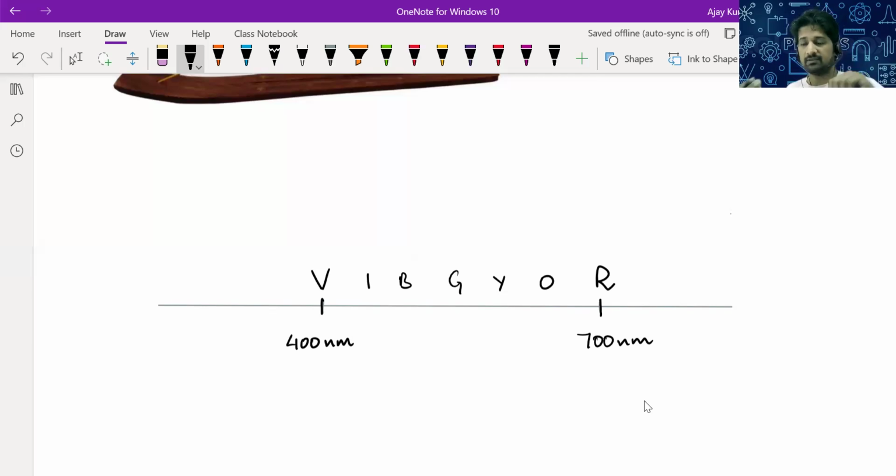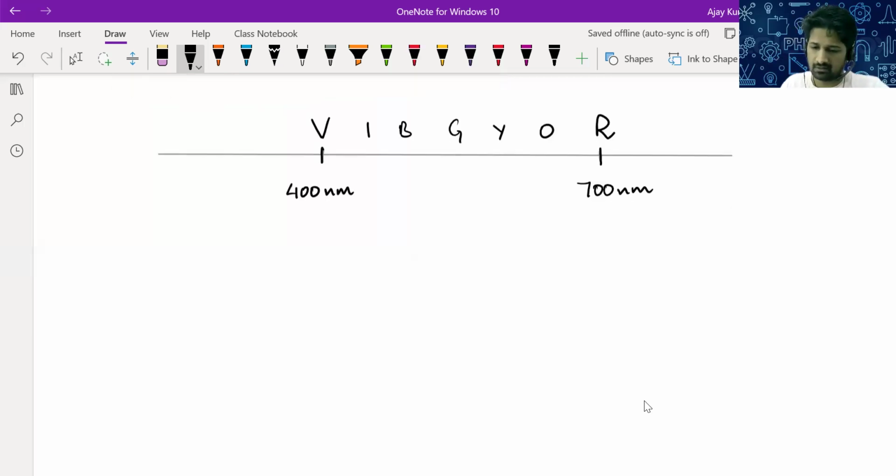Or like if light of many different wavelengths ranging from 400 to 700 enters into our eyes, we perceive it as white. Okay, so this set of wavelengths of electromagnetic radiation, which is basically visible to us, is called the visible range of wavelengths. From here, 400 nanometers to 700 nanometers. This is called the visible range